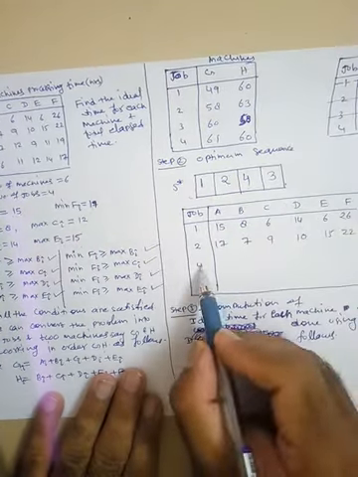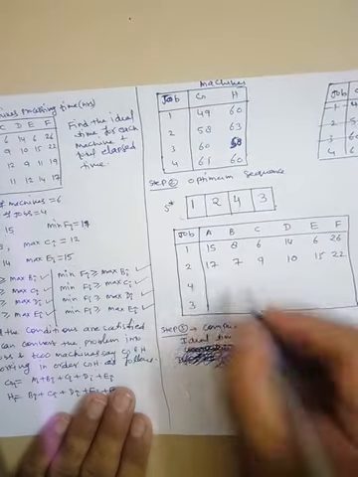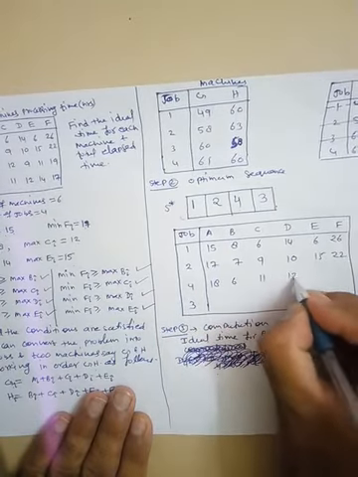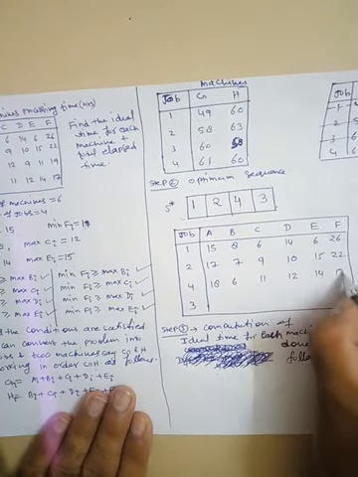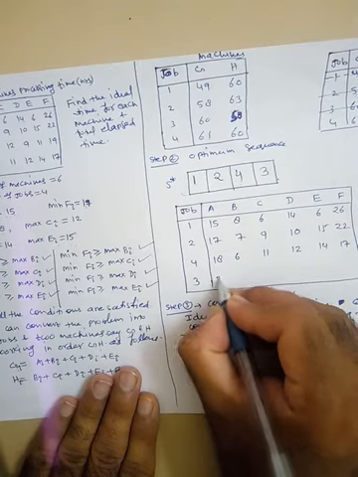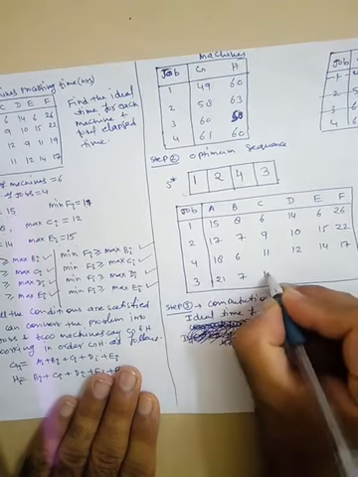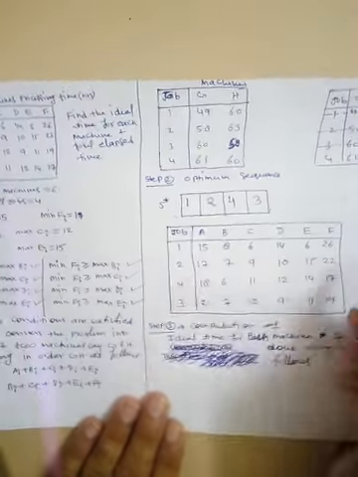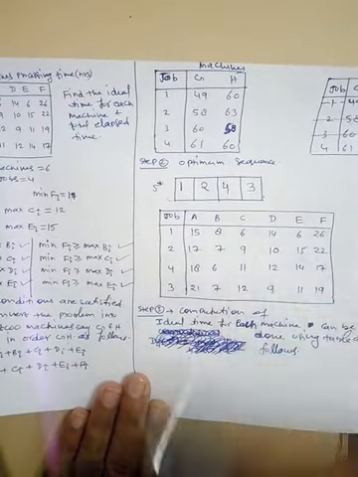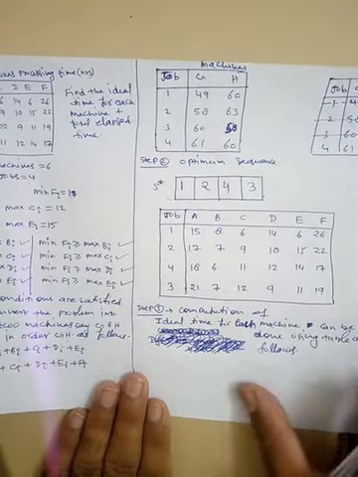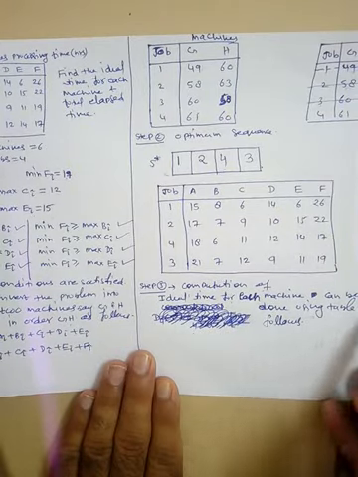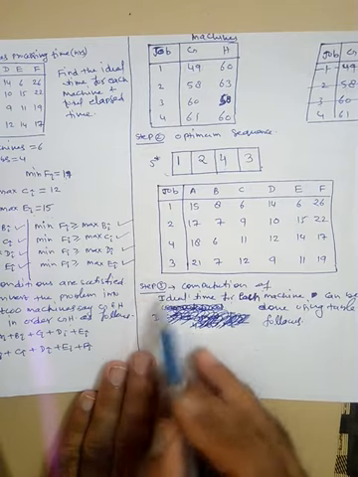Now here is the fourth job, so you have to copy the last one: 18, 6, 11, 12, 14 and 17. And now write down the third row. So 21, 7, 12, 9, 11 and 19. This is the revised table. Now computation of idle time for each machine can be done using the table as follows. So now this is step 3.